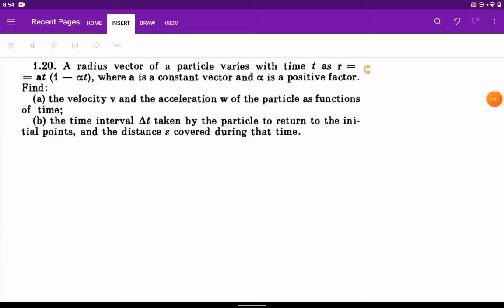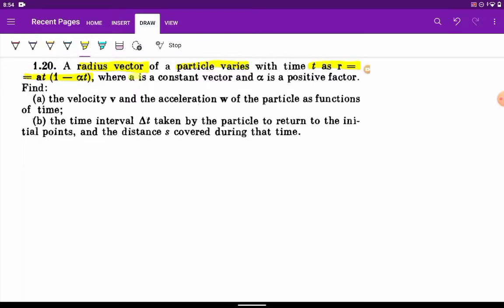Okay, so this problem is dealing with the vectors of displacement, velocity, and acceleration and their relations to each other. So, radius vector. The radius vector is essentially the vector joining some reference origin point to the particle. The radius vector of a particle varies with time t as this equation, where a is a constant vector and